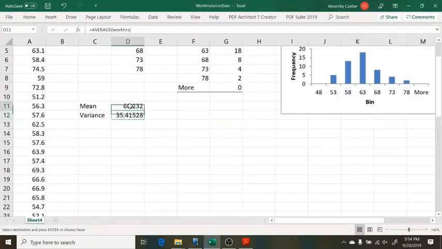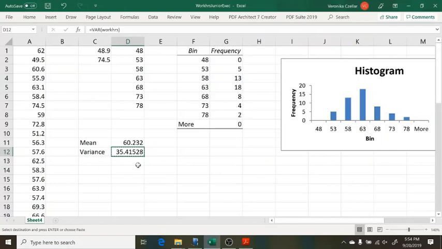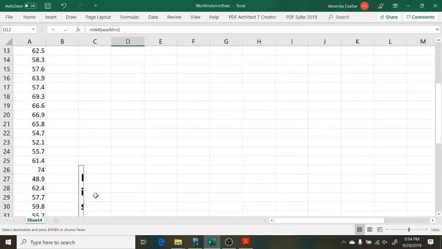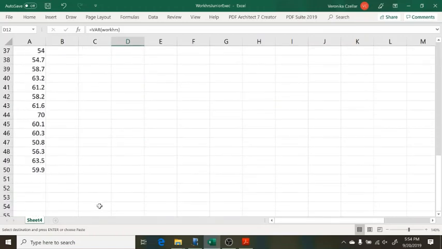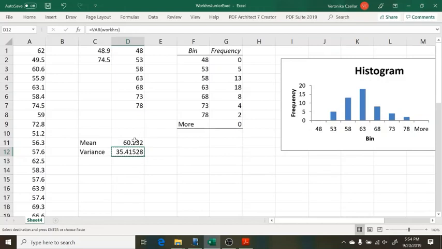I estimated the expected number of weekly working hours of junior executives, and the variance of the weekly hours, right? But I only had a sample of 50, right? So it's not very likely that the 60.23 is the exact population mean for all junior executives in